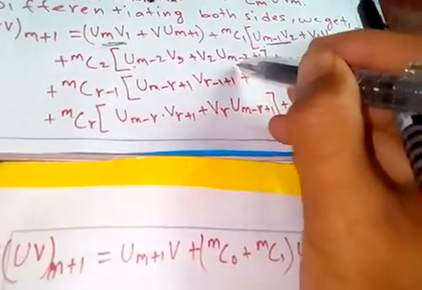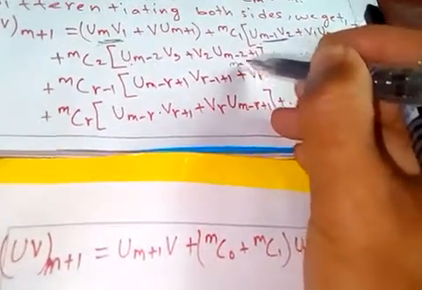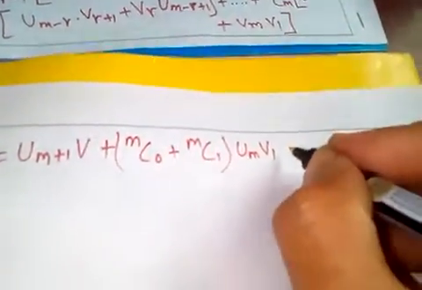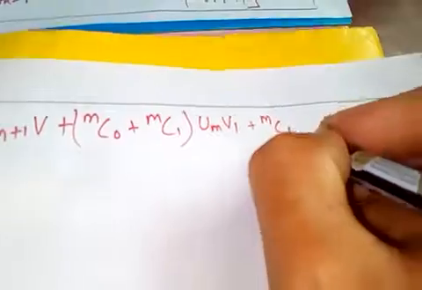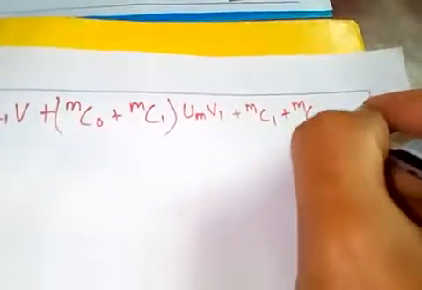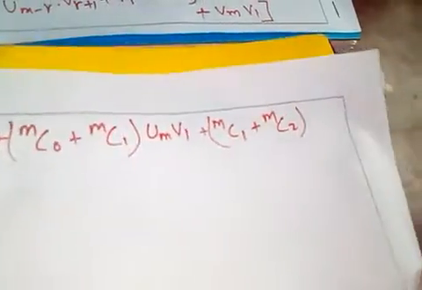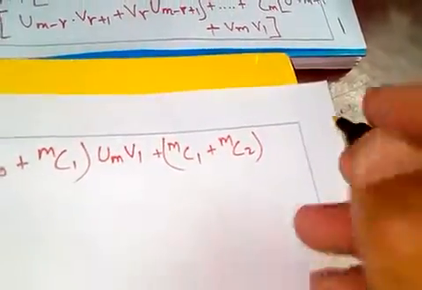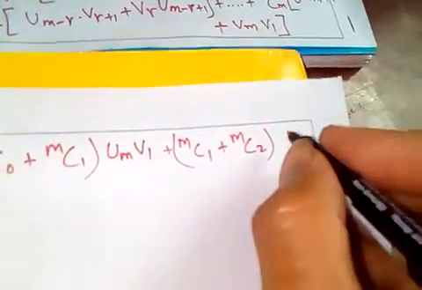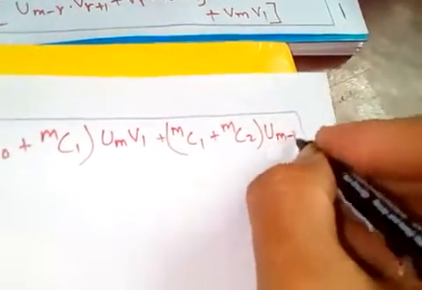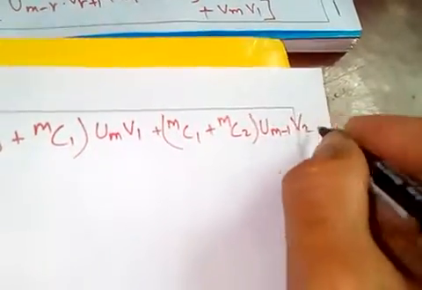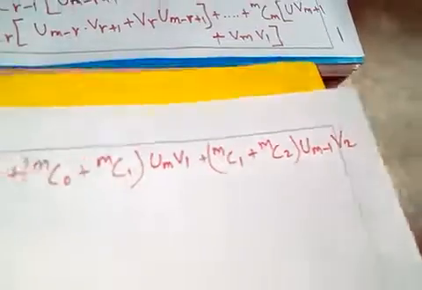Minus 2 plus 1 means m minus 1. Okay, which means these two are same thing again. Taking out the common one, mC1 plus mC2. Okay, what is that? u m minus 1 v2. Okay,